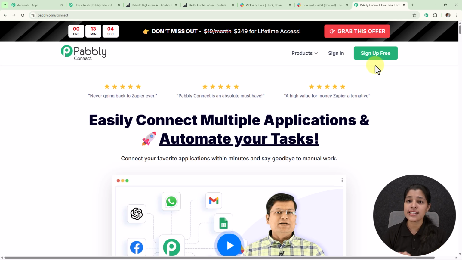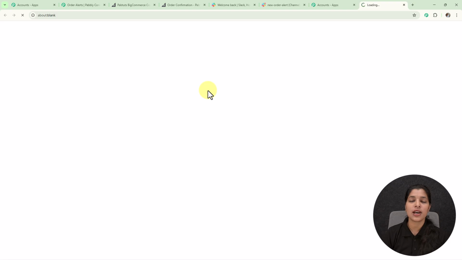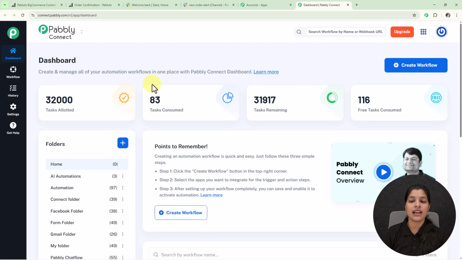But if you are an existing user like me, then you can just click over the sign in, and once you finish your sign up or login, you will land on this all Pabbly apps page where you can see all the products provided by Pabbly. And as we are going to create an automation by integrating some applications, we will be using this Pabbly Connect app. So now let's click over this access now button, and here we land on the dashboard page